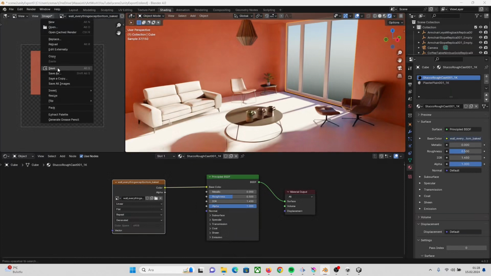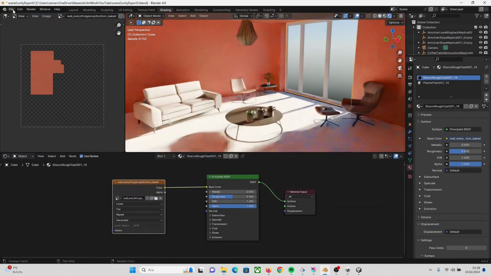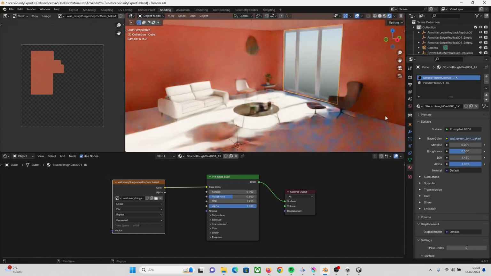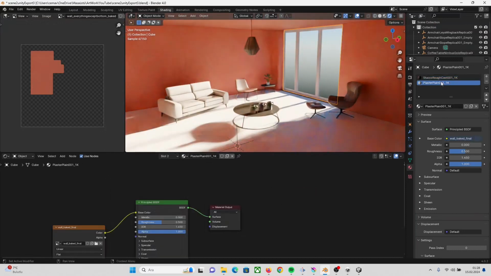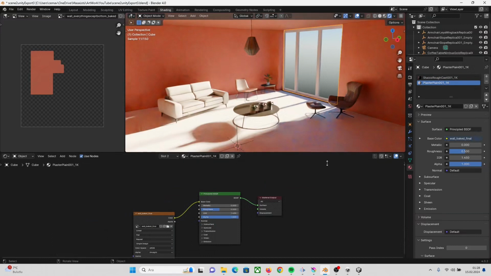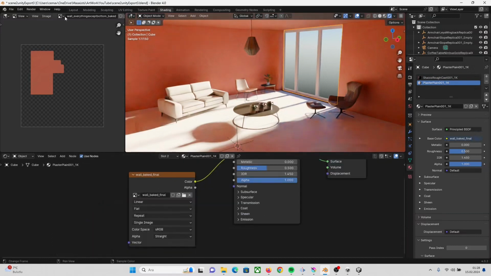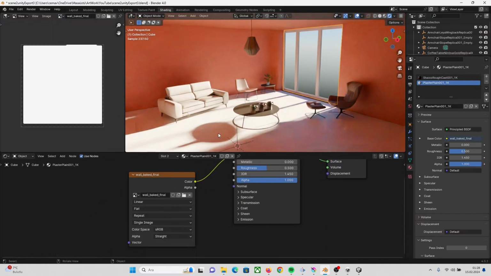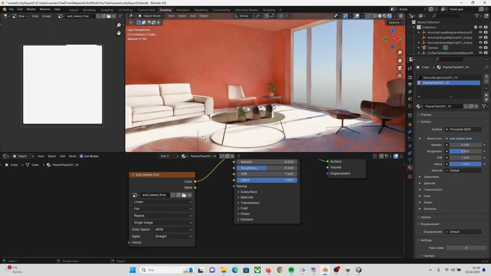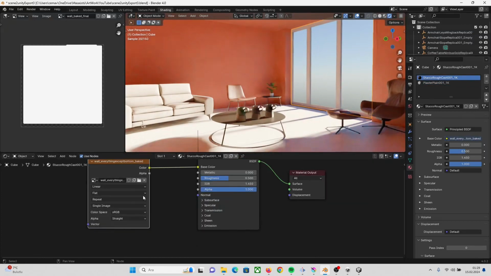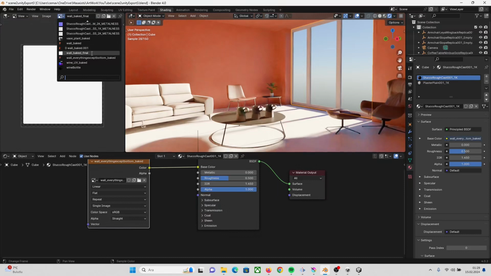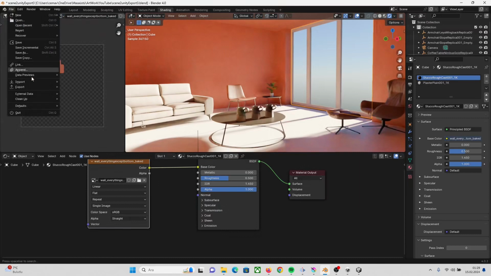I didn't save this, right? Okay, now it's going to work. So the reason why it didn't work last time was because I only worked on this one, which was this material, wall baked vinyl, which is that white material, the bottom of the plane here. So I need to now export also the orange section, which is this material, and I named this one wall everything except the bottom part, and there you have it. Yes, now let's save this again